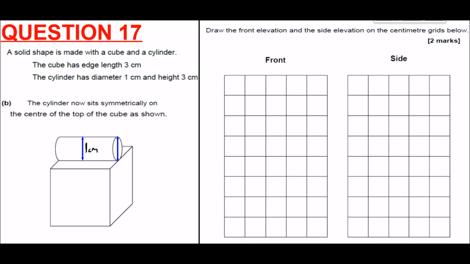So looking at it from the front, as we were before, we would see from this angle, and from the side we'd be looking at it from this perspective. So if we colour in what we see from each side, from the front, we'd see the square side of the cube,